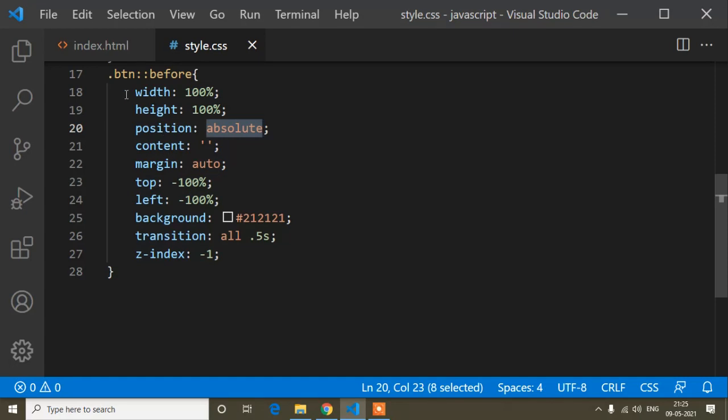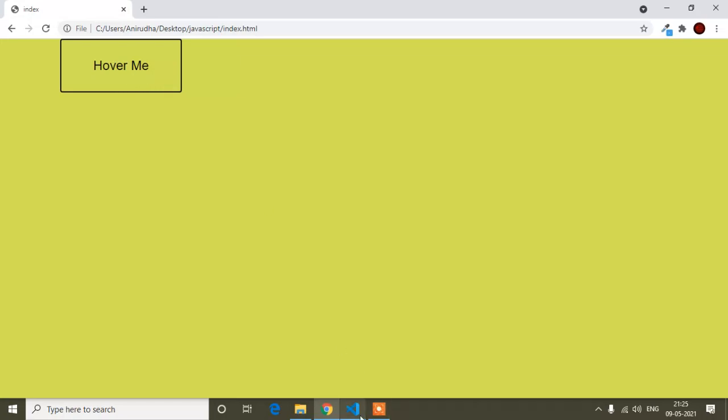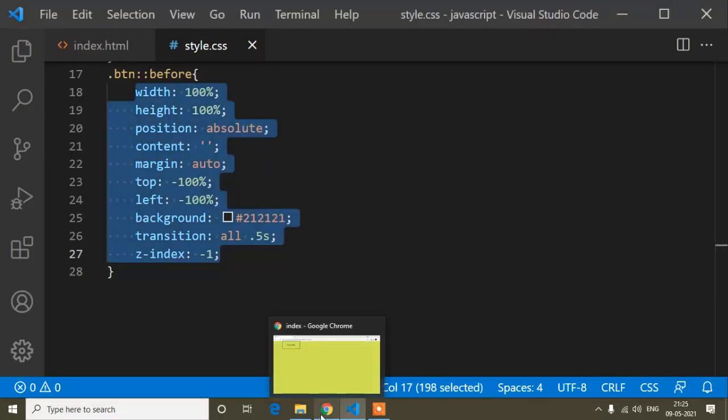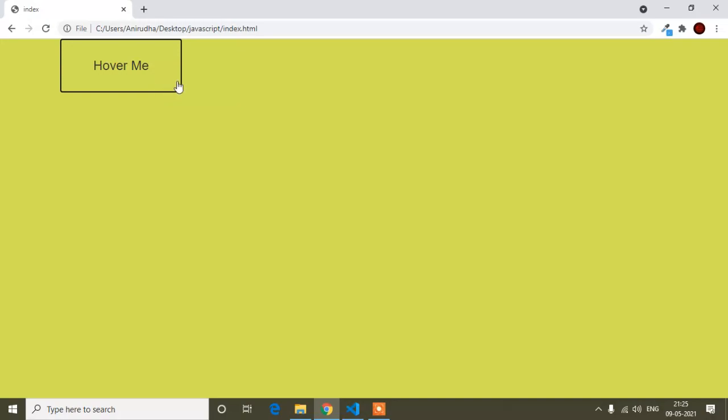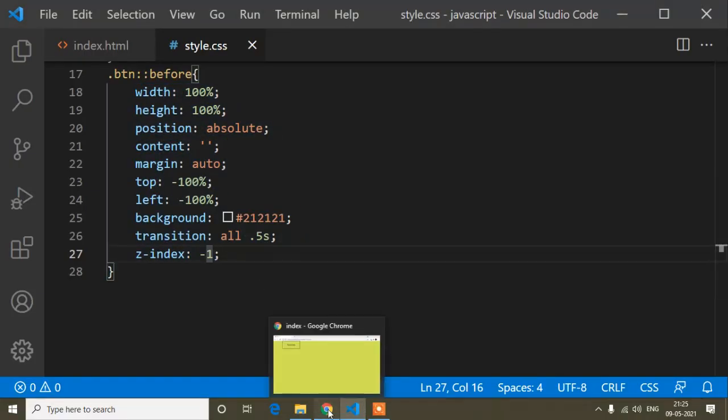So this CSS will float inside this button. So how much will it float? That's why we write z-index. If I add z-index 100, it will be floated up to 100, and I have written -1 because that floating will not cover this text.